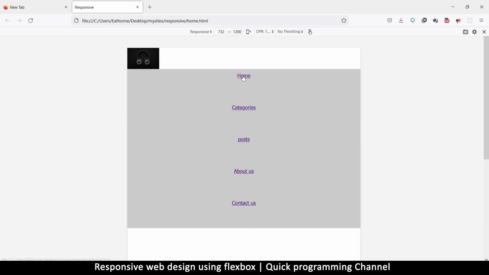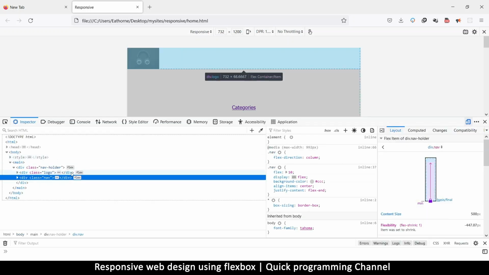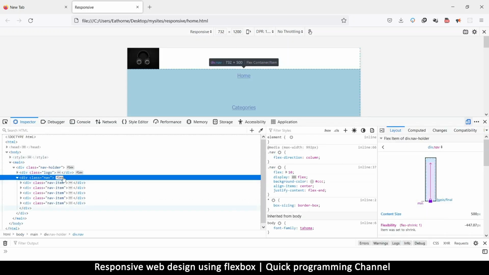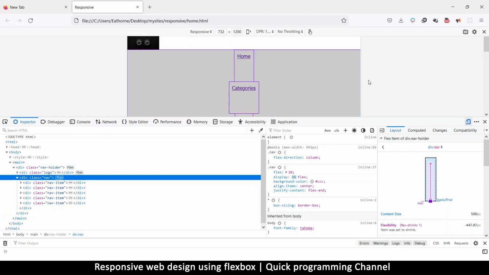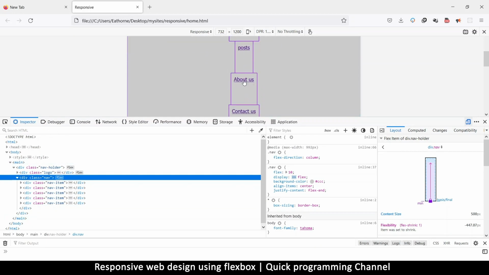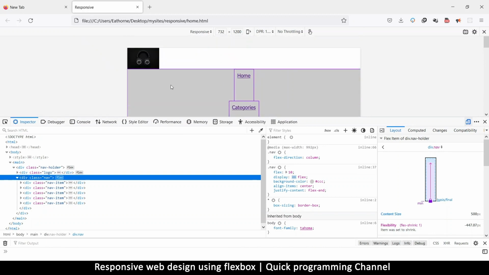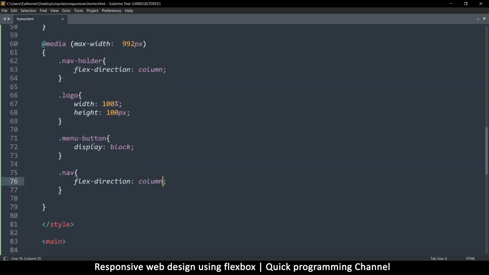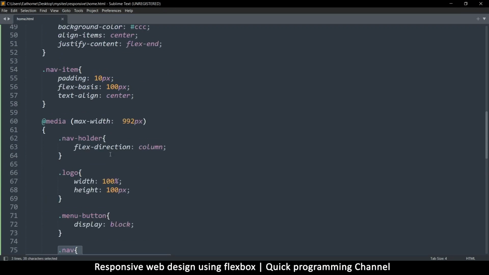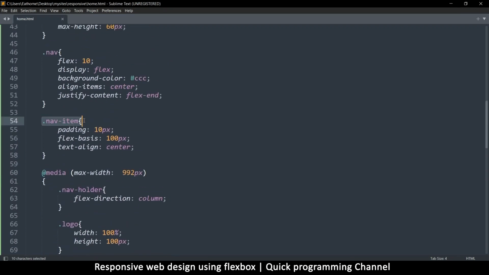Okay, so now I want to move these items over this away, right? And let's look at what's happening here because there's a lot of gap between these guys. So let's inspect and go to the nav holder and click on the flex thing. And as you can see, this is what we get. See, there's gaps in there. So I want these guys to flex one so they can go all the way left, right like this. It will help them to breathe a little. So what I would do is while we are here, we need to do something for nav items,